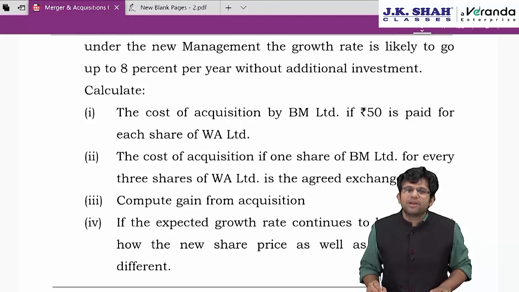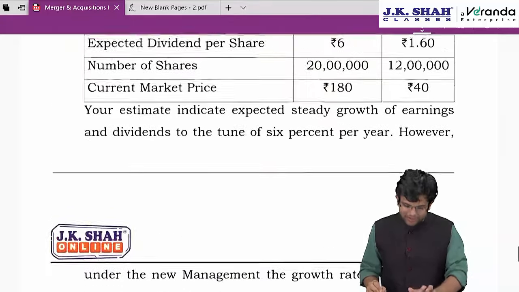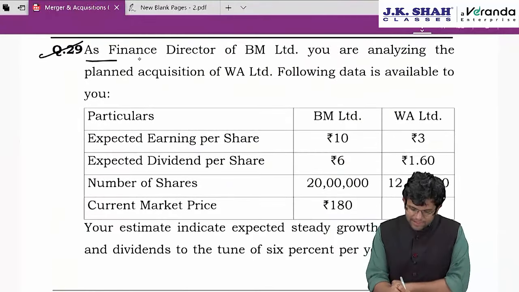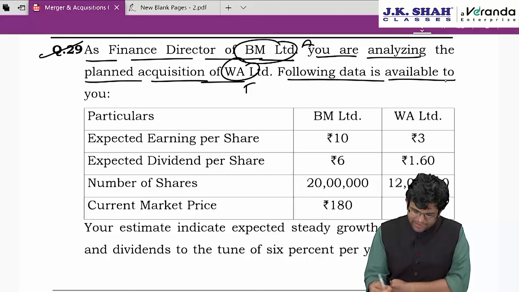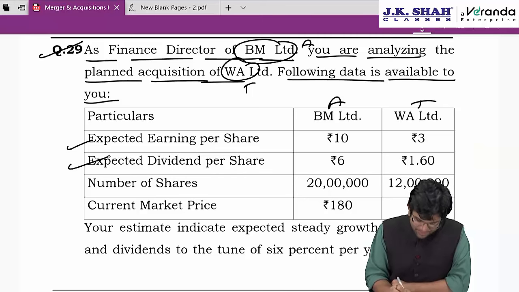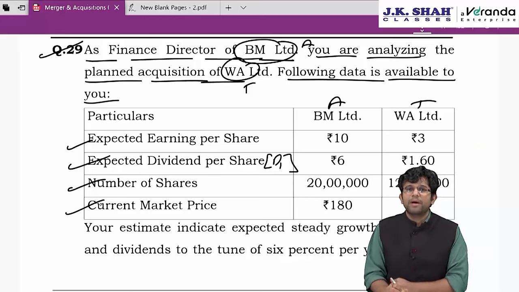Okay friends, I hope you all read the question. Let us now try to understand this. See, as finance director of BM Limited, you are analyzing the planned acquisition of WA Limited. So BM becomes the acquiring, WA becomes the target. The following data is available to you: acquiring company, target company. They give you the expected EPS, expected dividend per share, which means this is straight away D1, students, number of shares, and then current market price